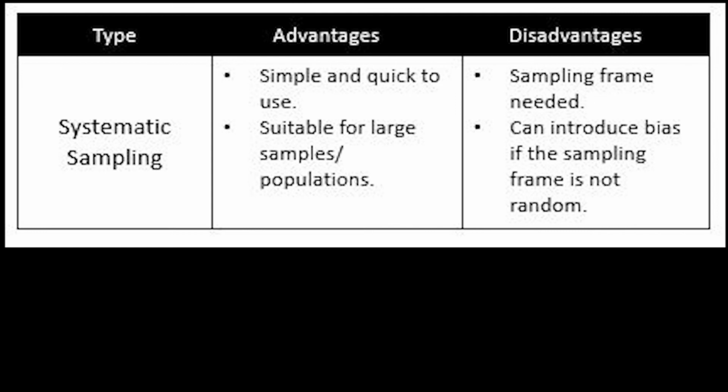and quick to use. The disadvantages, just like I said, you're going to need a sampling frame. So you do need a list, or you at least need to know an identifying number for every single item, for every single sampling unit. And as mentioned before, if we want to eliminate bias and we want to make sure that this sample is actually random, we need to randomize the sampling frame before we even start. We need to make sure we've mixed up those sampling units and there's no order to them. It's not alphabetical order, it's not chronological order, there's no order to them, but they have been randomized before we